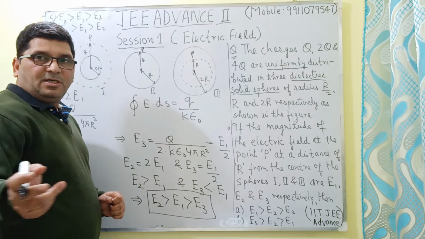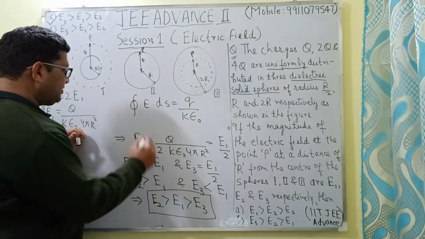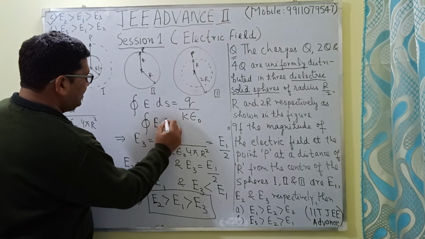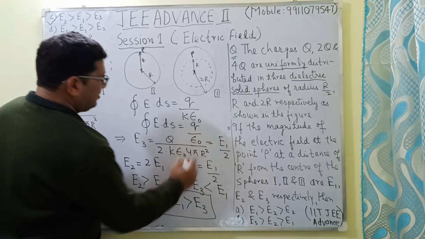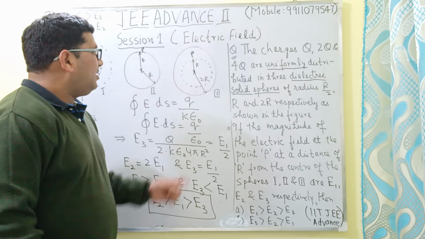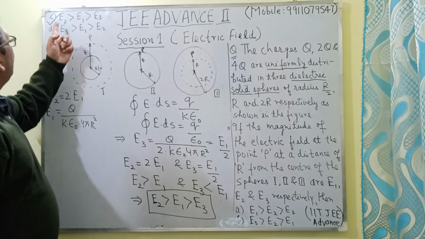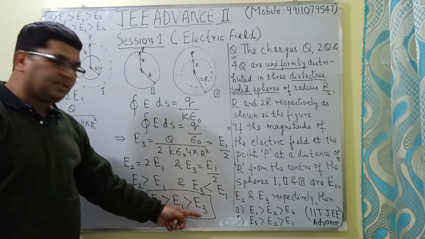In the case of free space, it is given by the summation of E dot ds equal to Q divided by epsilon naught. So these are the two important formulas which you have to remember while solving this question. And so the answer here is that E2 is greater than E1 and E1 is greater than E3,